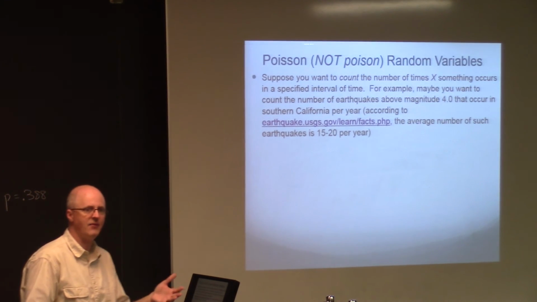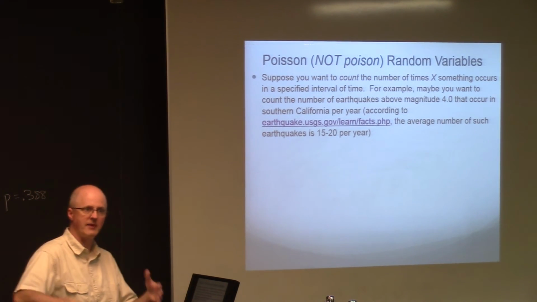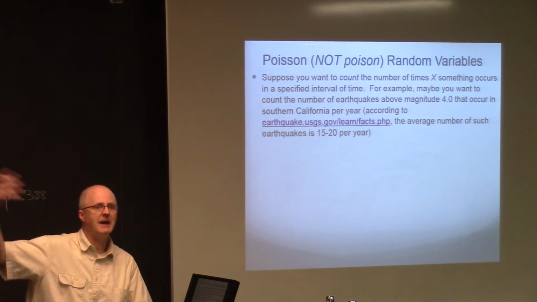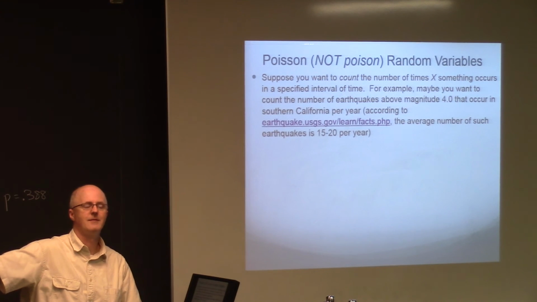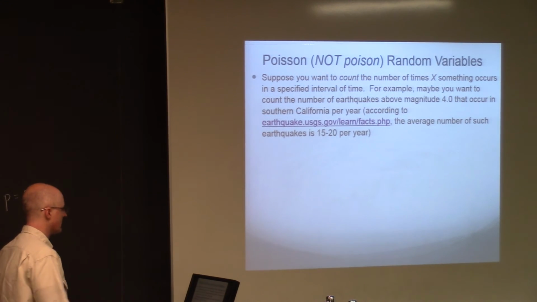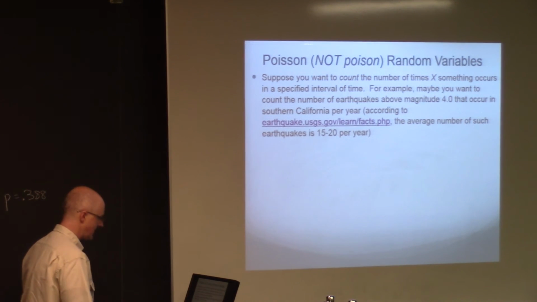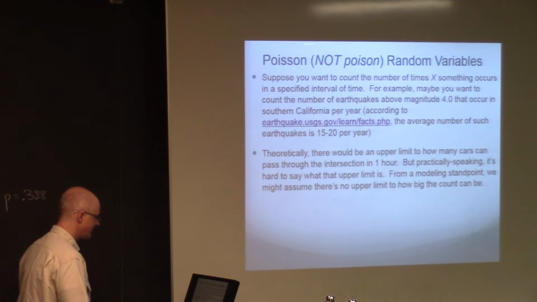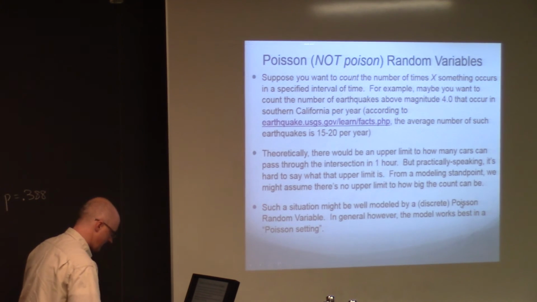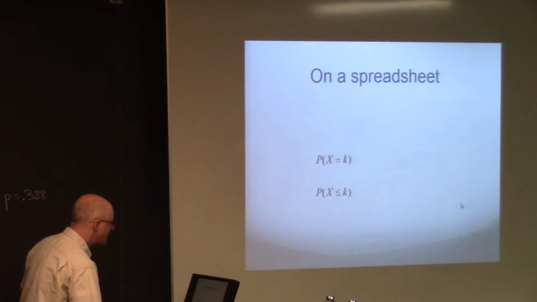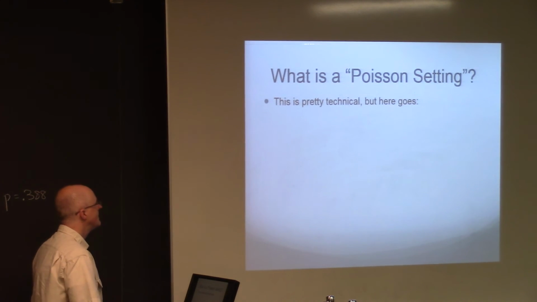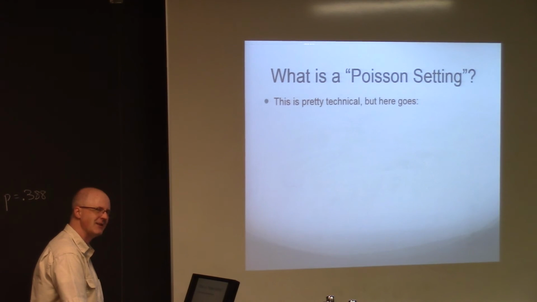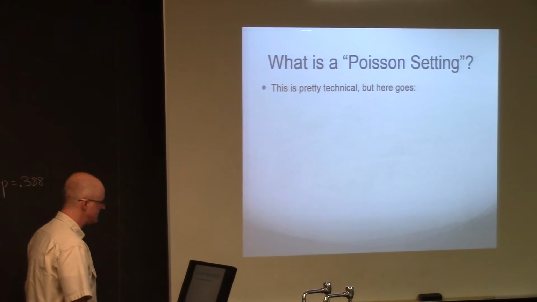But Poisson definitely makes more sense than binomial, because the number of mosquitoes could be, you know, how big? Arbitrarily big as far as you know. You don't have a clear upper limit. We focused on the earthquake example. What is a Poisson setting itself? It's a little bit more technical. You don't really need to know the details here, except maybe at a real intuitive level.